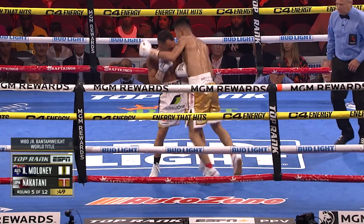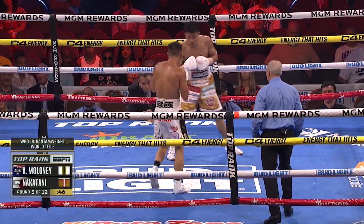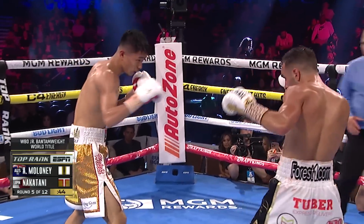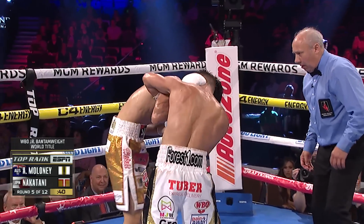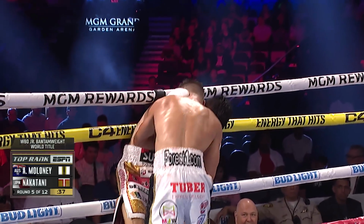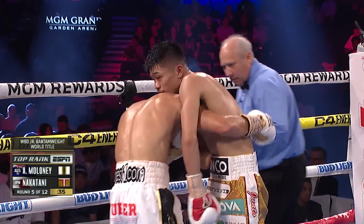This right here, this is Nakatani's range. He missed that straight left right there. It's just so discouraging right now. I'm watching this fight, and he's getting beat on the outside and he's getting beat on the inside. Step back. I mean, what else can you resort to? I think this is exactly